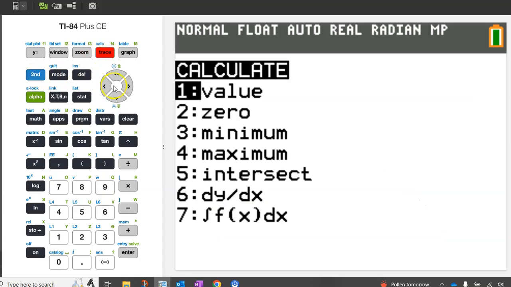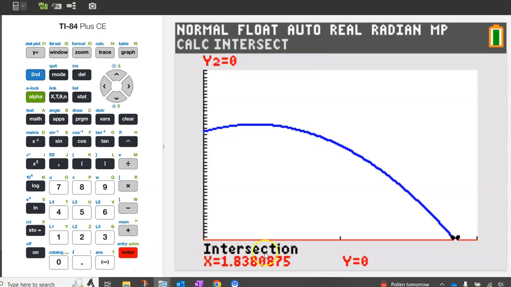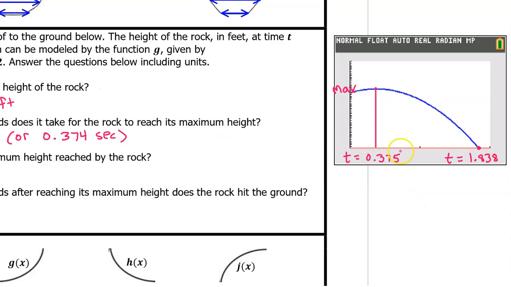So hit second trace, intersect, option 5, and just move your pointer close to the 0. And just hit enter 3 times. And that's it. The rock hits the ground at 1.838 seconds. To find how long it took for the rock to hit the ground after reaching its maximum height,